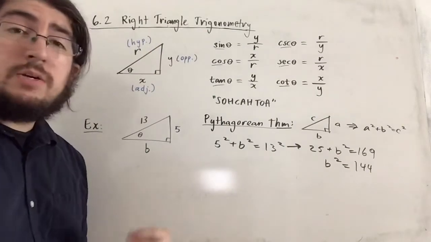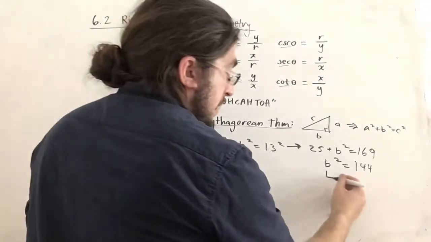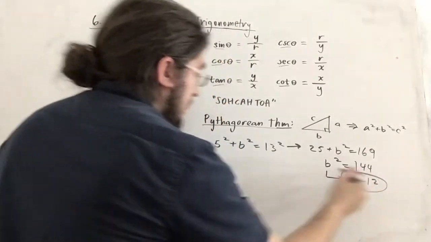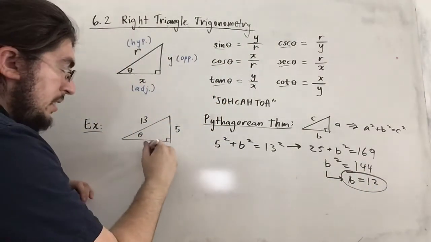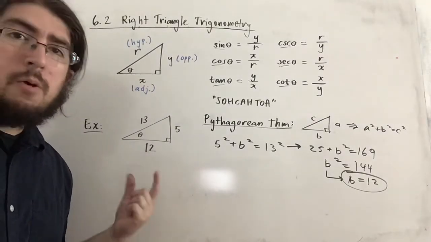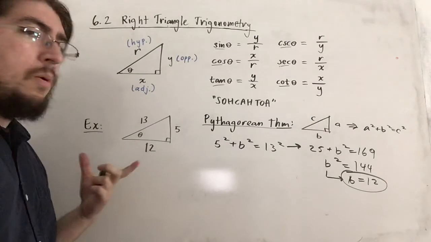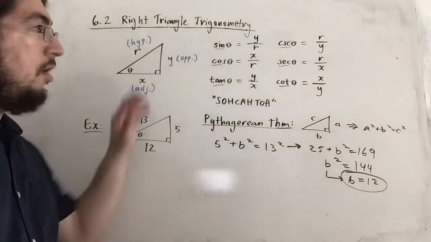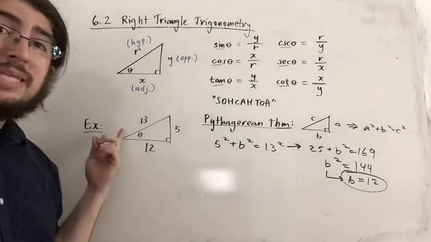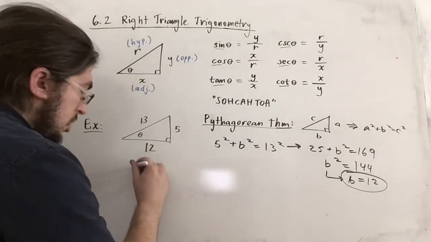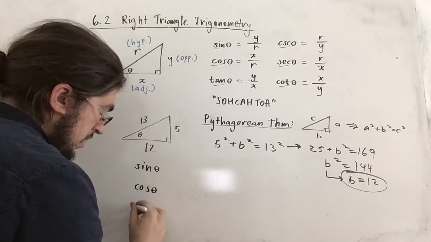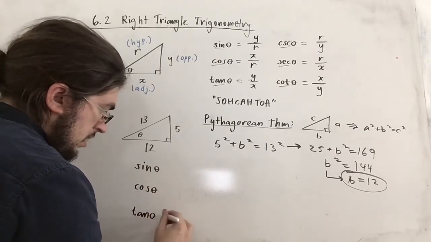And 144, as it turns out, is actually 12 squared, meaning that b has to be 12. Perfect. So let's rewrite this, and instead of b, I'll write 12. Good. So now in this example, I didn't actually write what I wanted you to do, but here's what I want to do. I want to actually find all of these trig functions, these trig ratios of this angle theta. So namely, I want to find sine of theta, cosine of theta, tangent of theta,